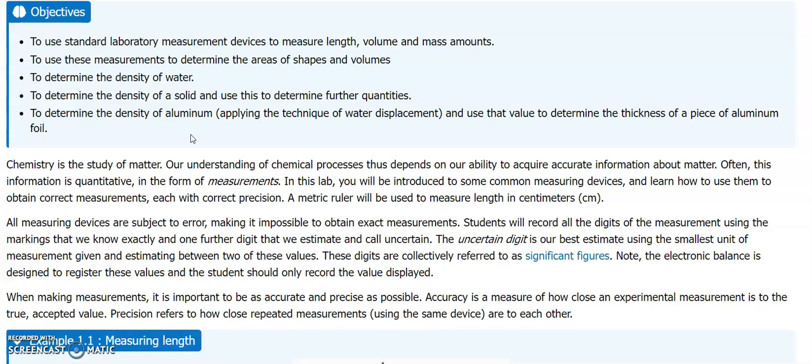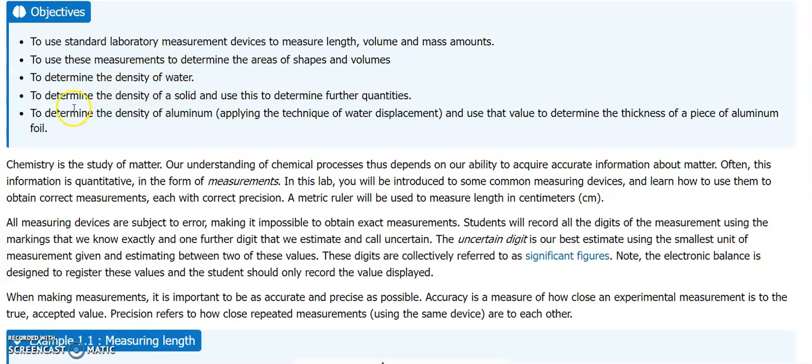Today in this video, I am going to discuss the chemistry practical, and this practical is very important for 10+2. The objective of this practical is to use standard laboratory measurement devices to measure length, volume and mass. Next, to use these measurements to determine the areas of shapes and volume,